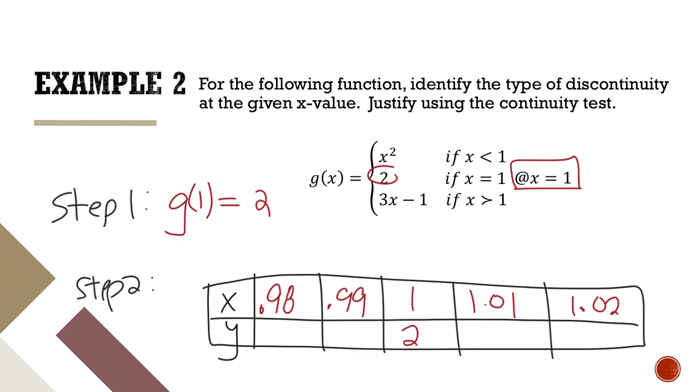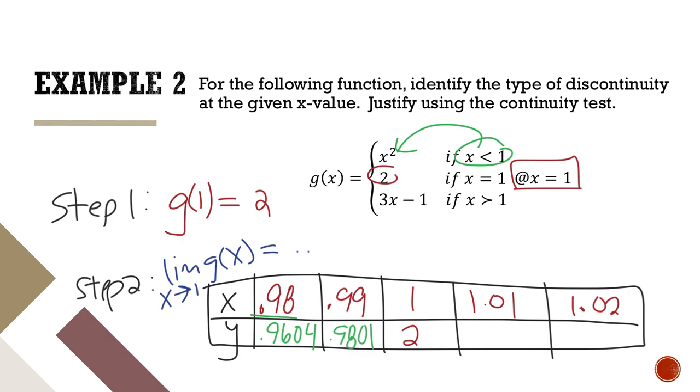So let's find the limit. Step 2 is seeing if the limit exists. So as x approaches 1, does the limit of g of x actually equal something? We're going to figure that out. Plugging in this value, which is less than 1, we plug it into this function. So we do 0.98 squared, which is 0.98 times 0.98, or 0.9604. Now 0.99 times 0.99 is